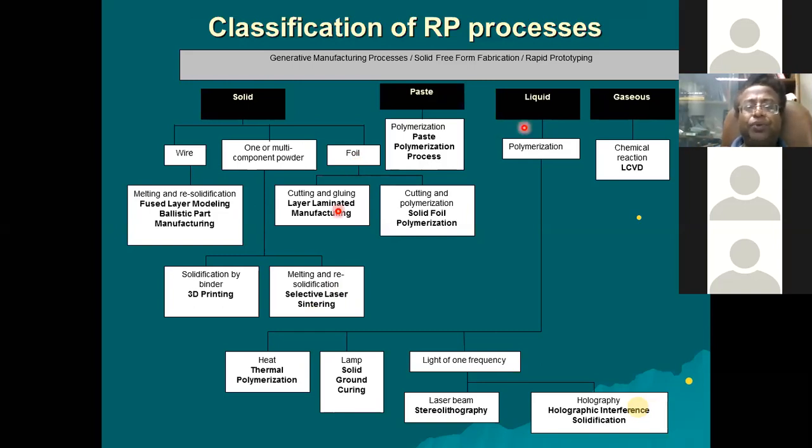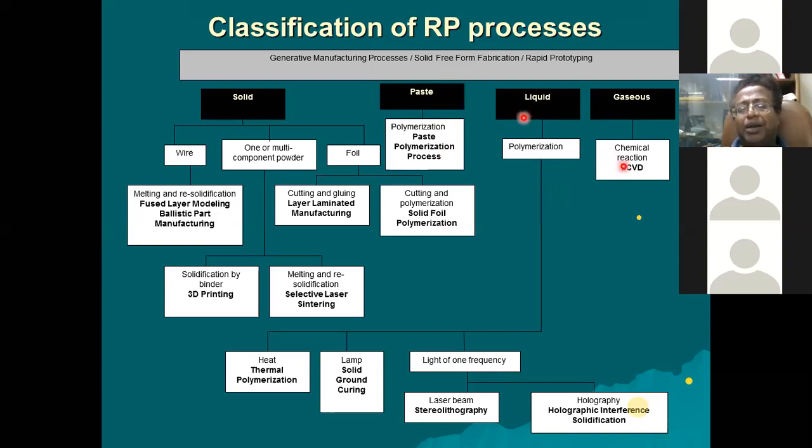Then there may be some paste based processes. If you see the bioprinters today, they are based on paste based technology. There is a bio ink, which is nothing but a kind of paste. What I have written here is paste polymerization, so that can polymerize also.